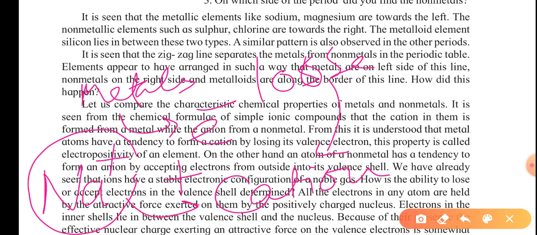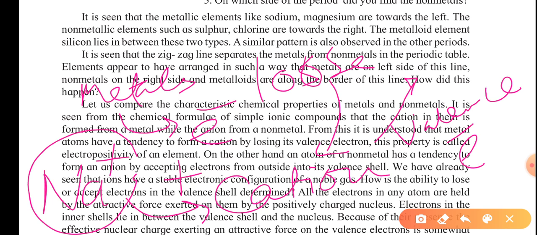So Na+ is what? A cation. So metals have the ability, the tendency, to lose the electron. From where do they lose the electron? They lose the electron from their valence shell. From where? The valence shell. And the name of the electron present in the valence shell is called the